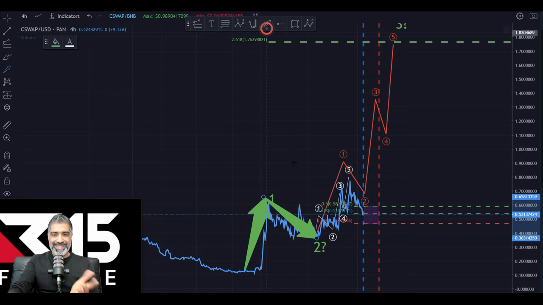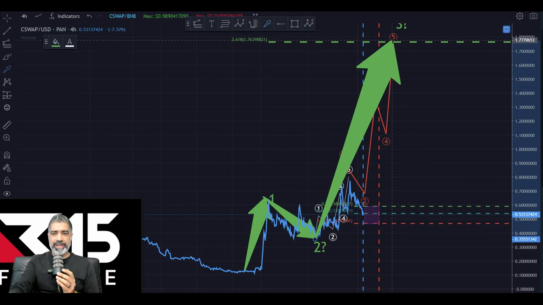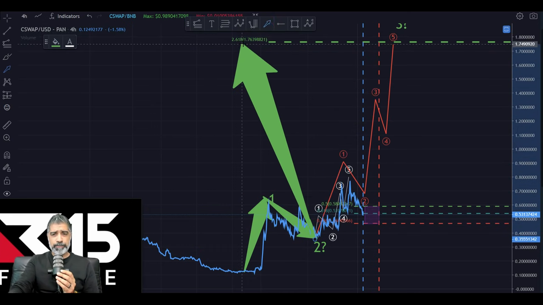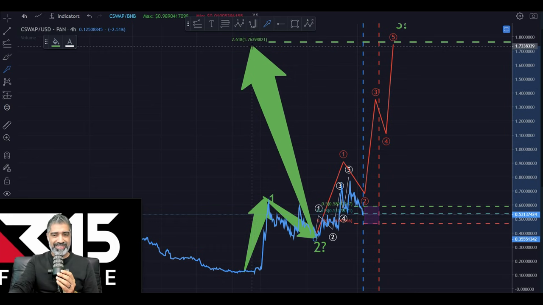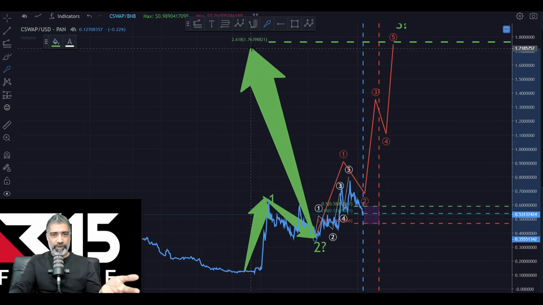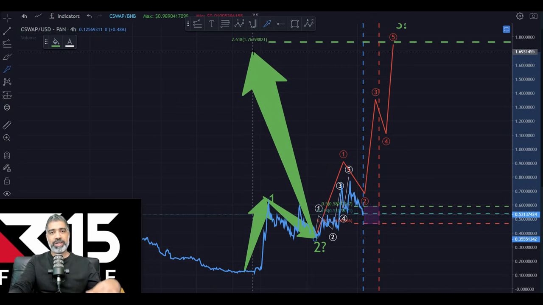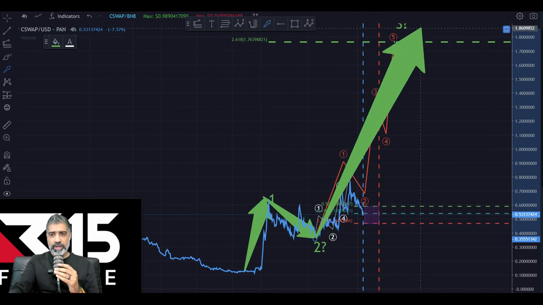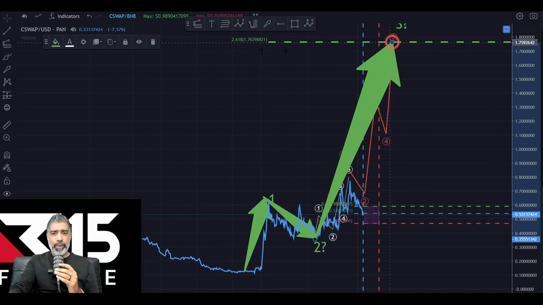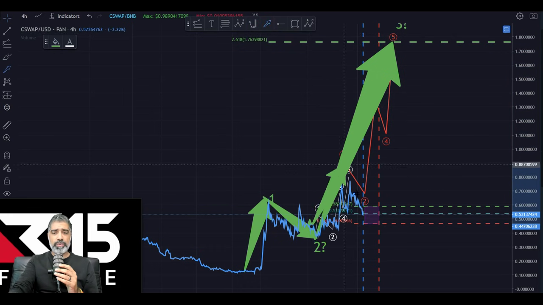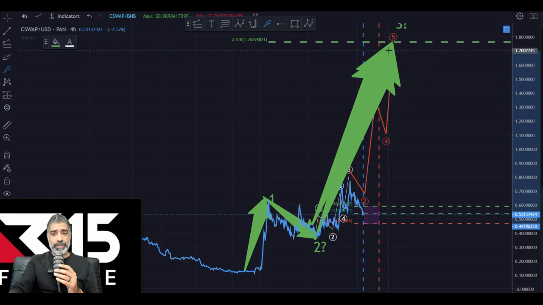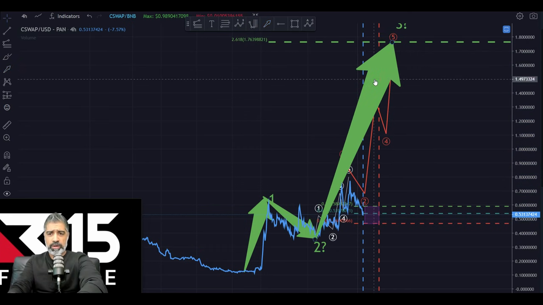But what we tend to have on a macro is that we're anticipating this wave three. This is a 2.618 price target of $1.76. And these tend to overextend, especially when they're really strong projects with a lot of eyeballs and a lot of volume, right? This is what we anticipate. However, this wave three will then tend to break down into 5 waves. 1, 2, 3, 4, 5. That's what these red lines are that I drew over the weekend.